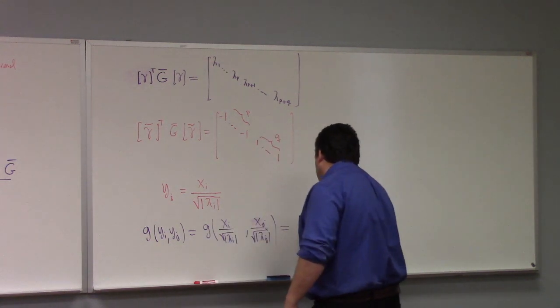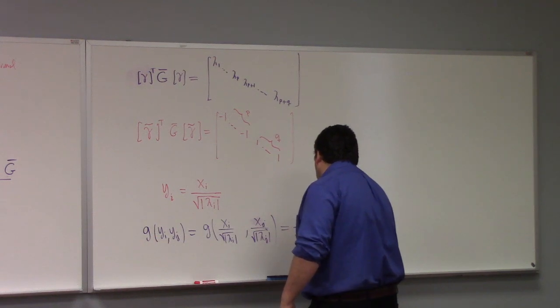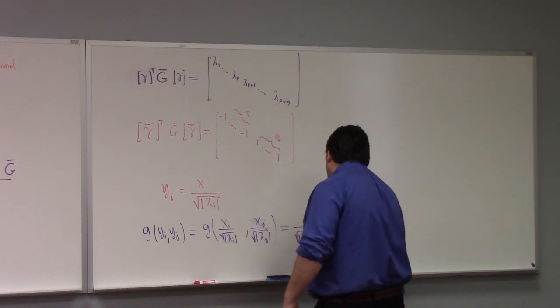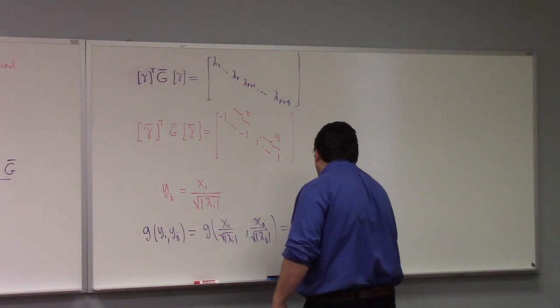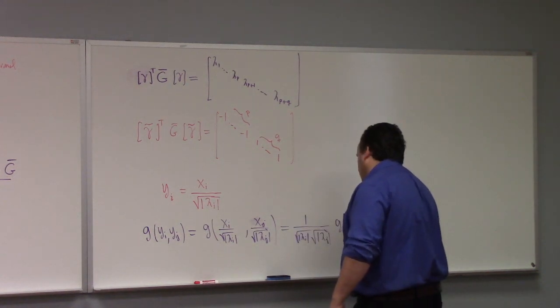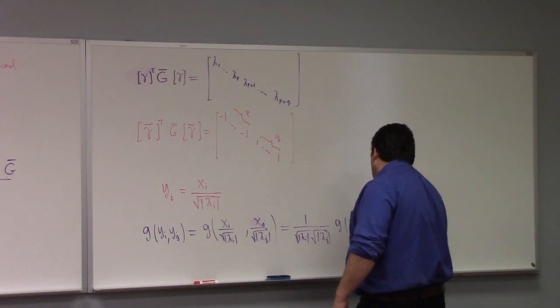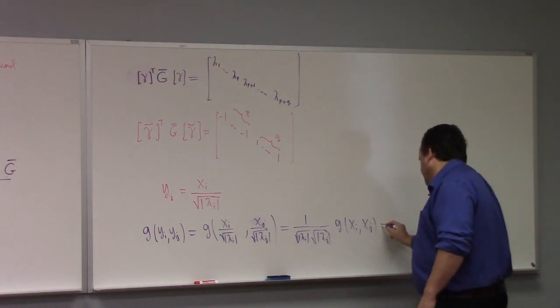Pull out, I've got 1 over the square root of the absolute value of lambda i, square root of the absolute value of lambda j, right? And then I've got G of xi, xj, which is equal to,